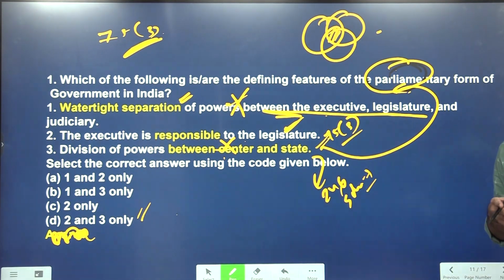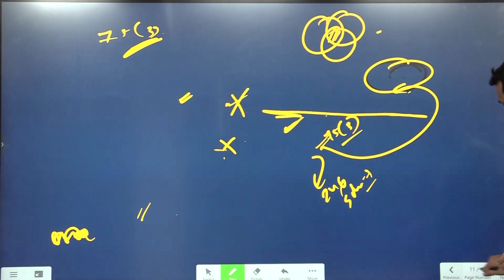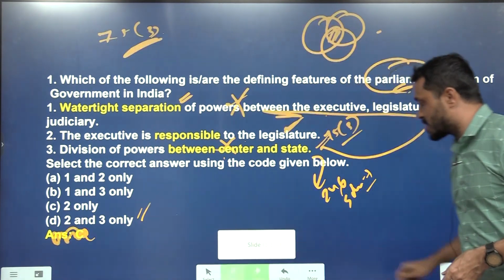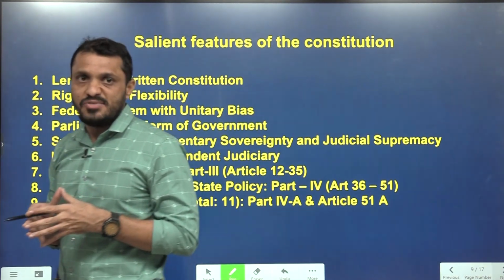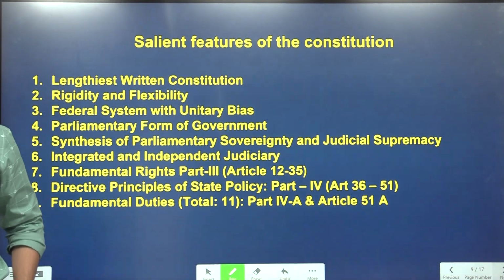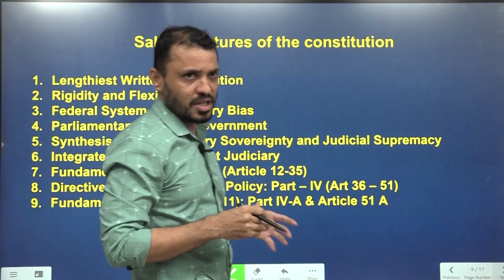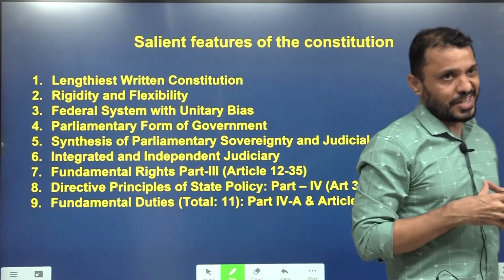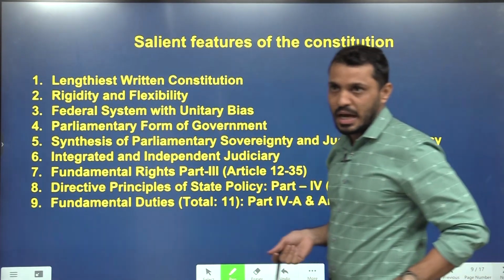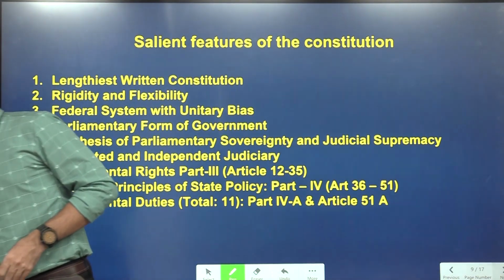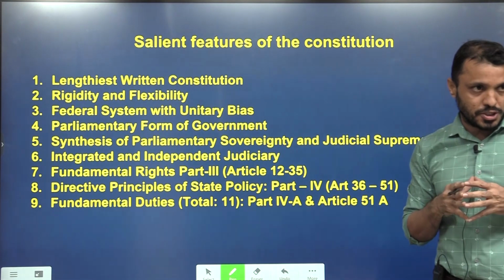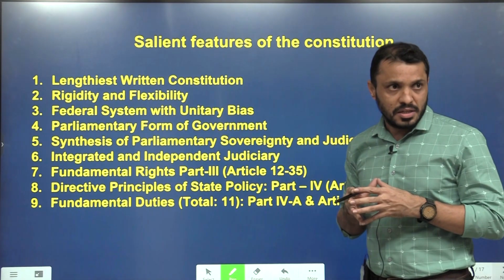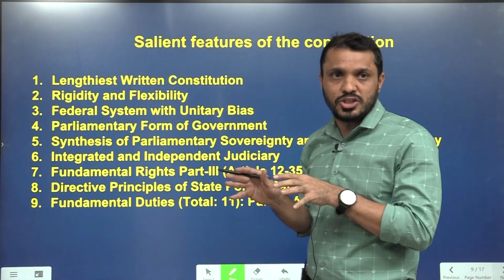Don't take the subject for granted and don't assume the questions will be pretty straightforward. Once we are done with one model question, now let me introduce the topic to you. I'll give a quick overview of the salient features of the Indian Constitution. In case you missed your actual class, or your basics are not very good on this topic, listen attentively for the next 10 to 15 minutes. I'll finish this subject rapidly, and meanwhile if you have any doubts, ask me, students. So, salient features of the Indian Constitution: these are the essential features. They are inviolable, which means more or less they form the basic structure of the Constitution also.